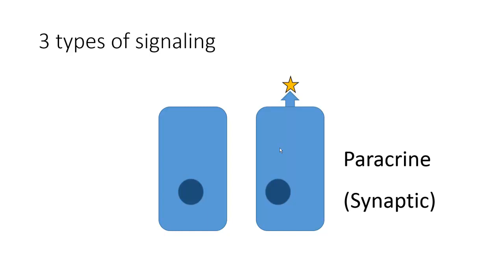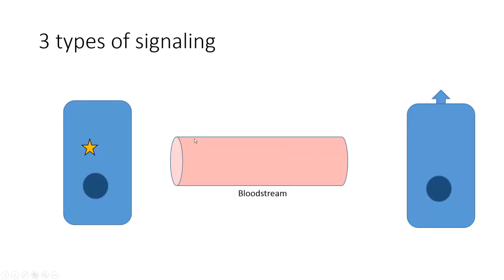And then finally, sometimes the cell that needs to receive the signal is some great distance away from the cell that's going to be creating the signal. An example would be, let's say that cell A on the left here is in the pituitary gland, and cell B on the right here is in the ovaries. So if this is, say, follicle stimulating hormone, which is just one example of a signaling molecule,